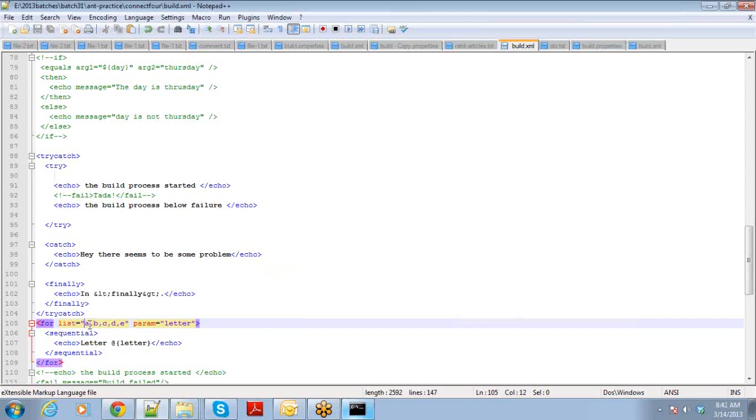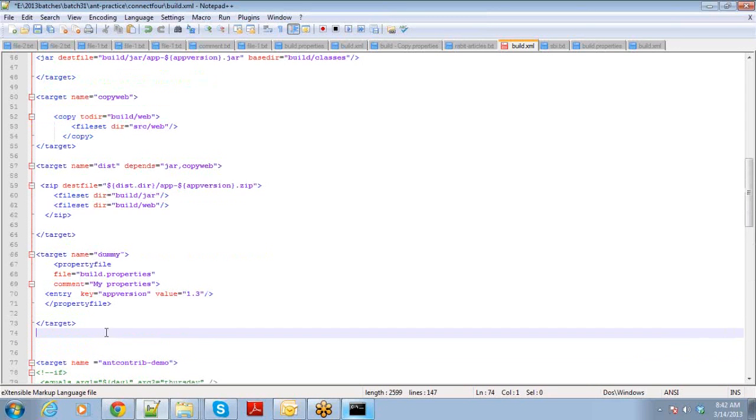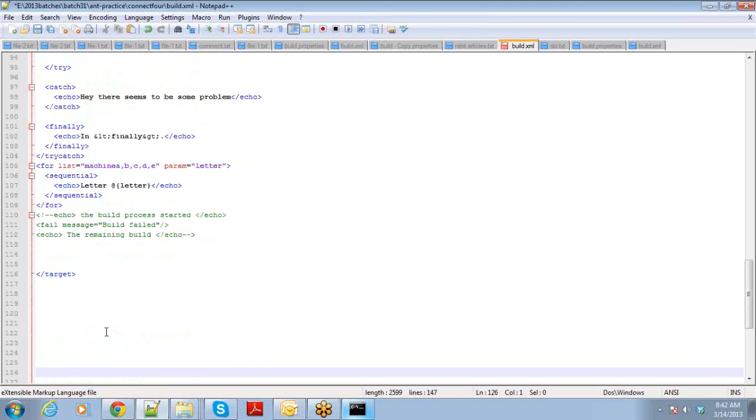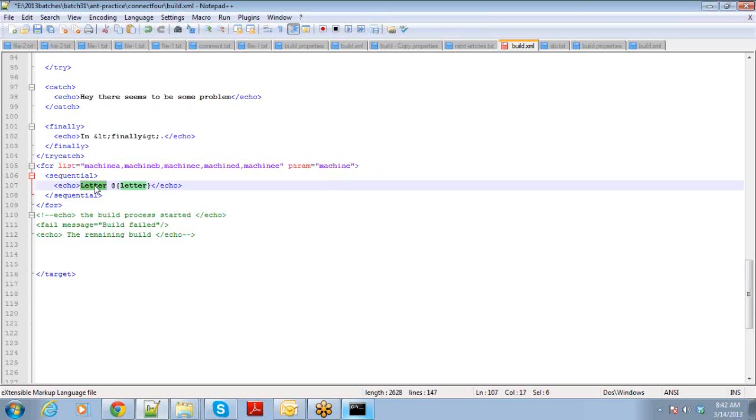Just imagine here a series of machines. Machine A, machine B, machine C, machine D, and machine E. Okay, and let me give the parameter name as machine. Okay, so now I can say